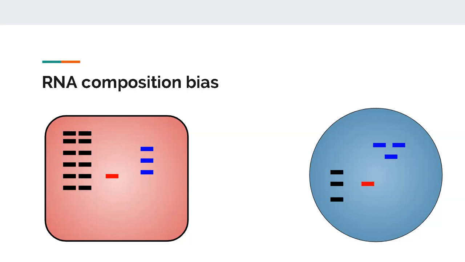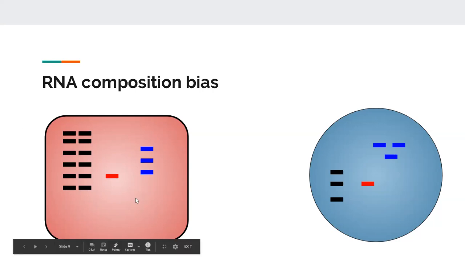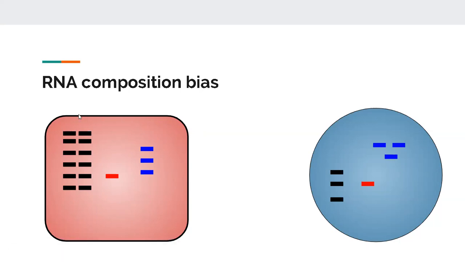that you do not end up sequencing each and every transcript. So it's a matter of probability. What I mean by that is, if I tell you to close your eyes and pick up 3 sticks from this cell and this cell, could anybody tell me in this cell which are the reads that you are more likely to pick up? If I tell you to pick up 3 reads over here, which reads would